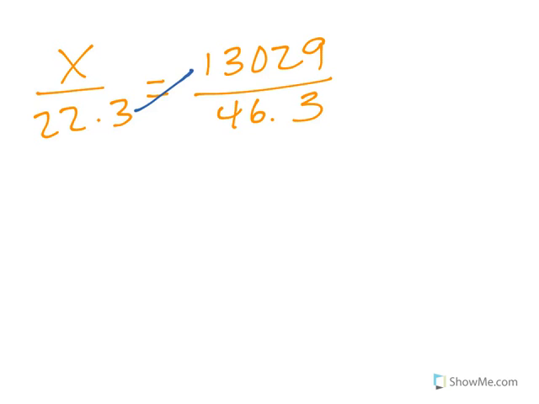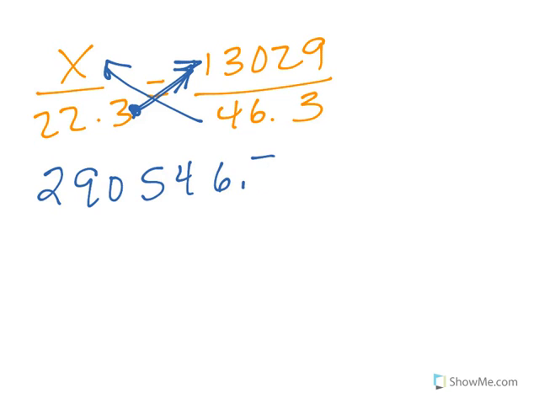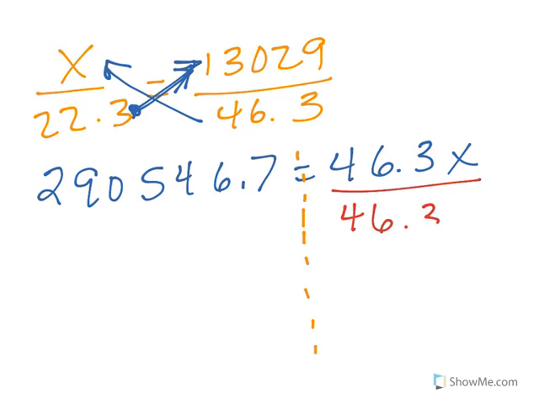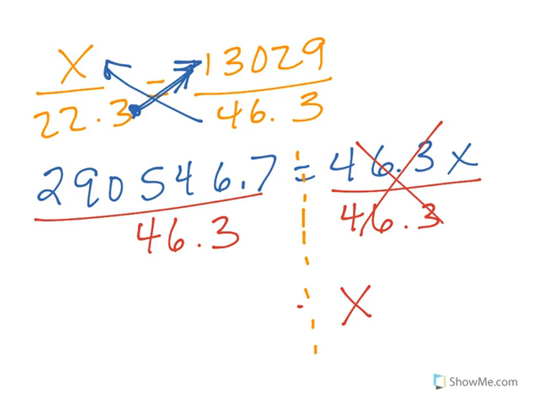So recall that in a proportion, we cross multiply. So when I go 22.3 times 13,029, I end up with 290,546 and 7/10. The other direction, I have 46.3 times x. So this equal sign splits our equation equally. And now to get x by itself, I'm going to divide both sides by 46.3. On the right, when you divide 46.3 by 46.3, we're left with just one x. And on the left, I have